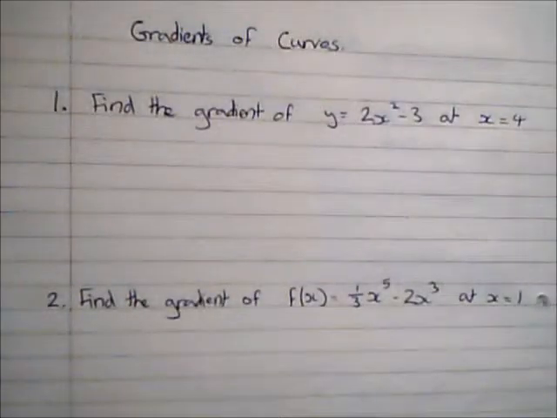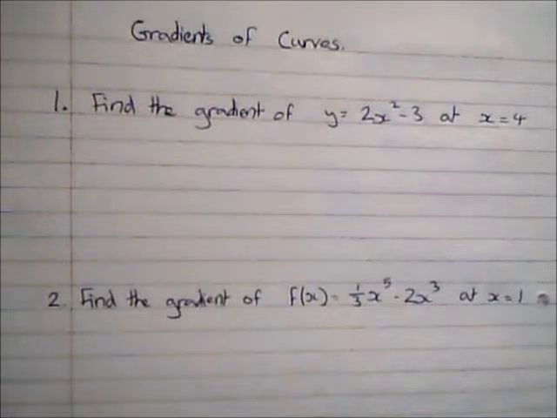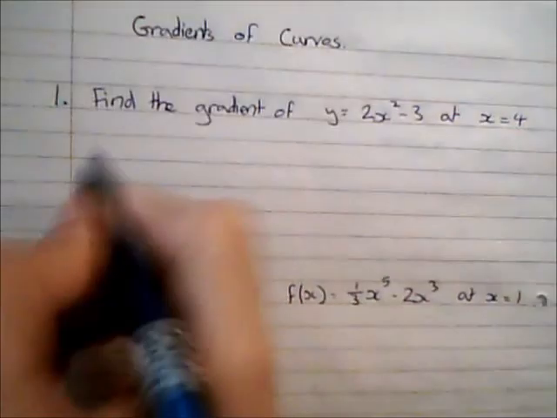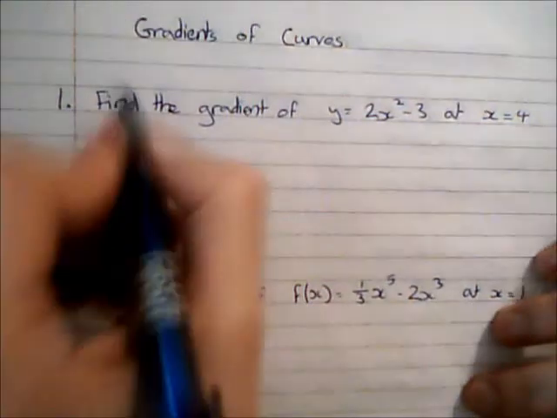In this video we're going to look at solving problems to do with the gradients of curves. So this first question, we're just looking to find the gradient of the curve y equals 2x squared minus 3 at the specific point where x is equal to 4. So the first thing I'm going to do is find an expression for the gradient of the curve, and I'm going to do that through differentiation. So I'm going to find dy by dx,